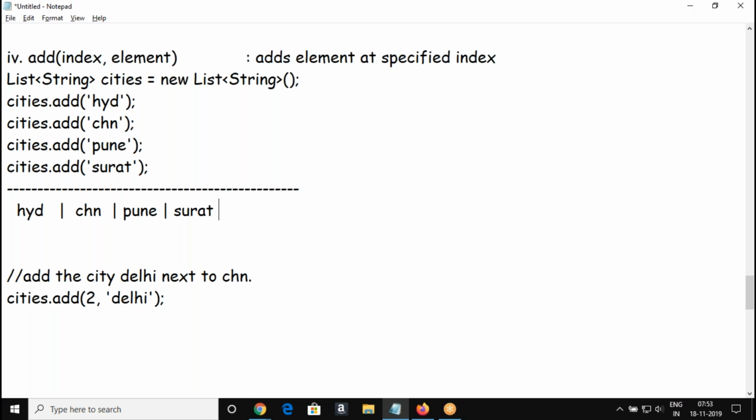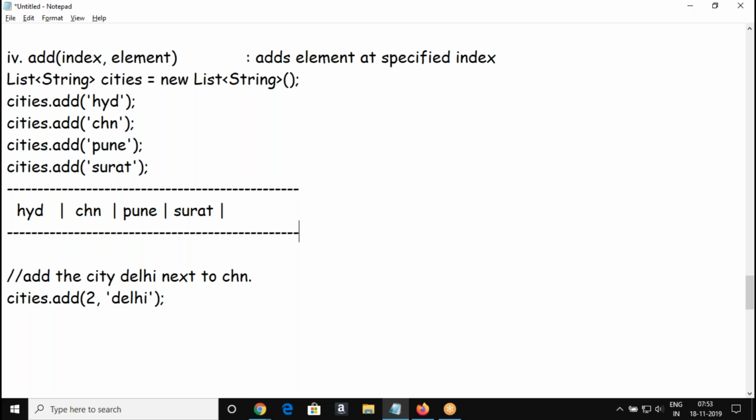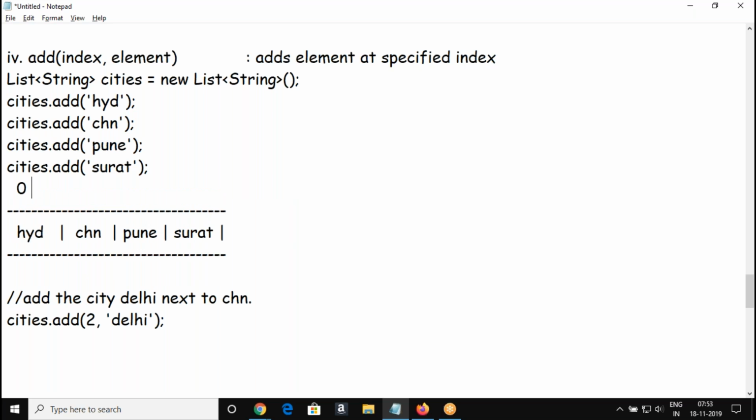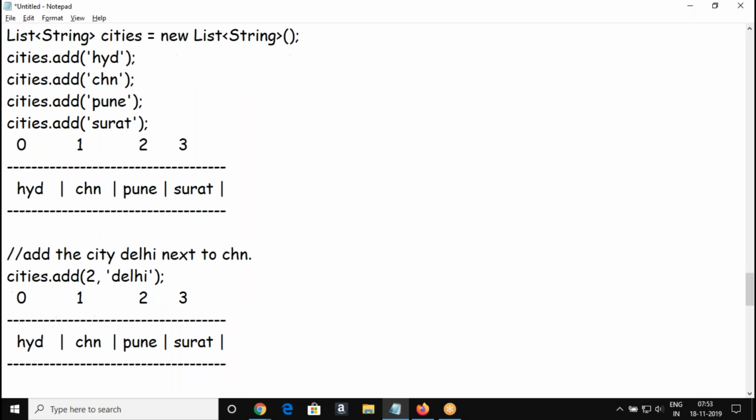So we have values like this, which are already there in the list, and everything takes a position, index 0, 1, 2, 3. Okay, now it's added at the index 2. Then what will happen?